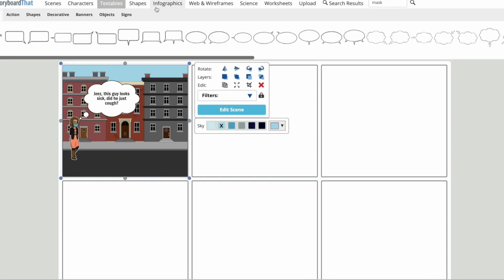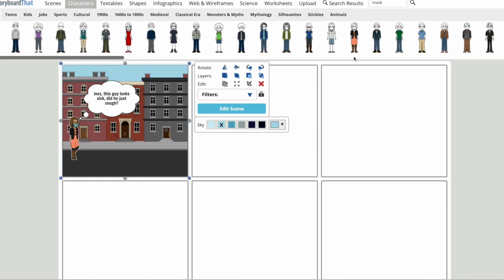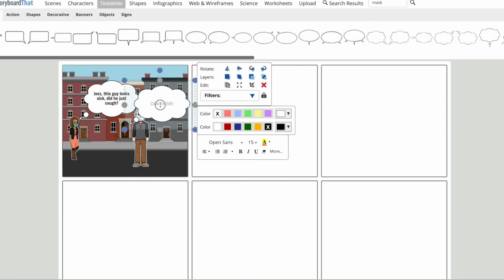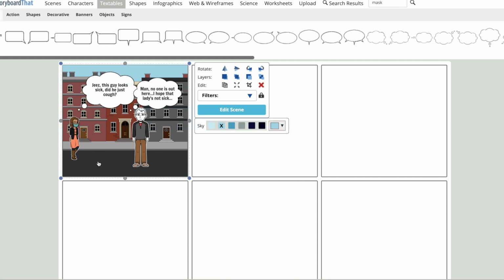So I'm going to, again, go back to characters, find me. I'm in the adult section. You can do teens and kids and so forth. So where am I? I guess this sort of looks like me. Man, one is out here. I hope that lady's not sick. Now, one thing I want to say is, if, for example, I was walking a dog, even though